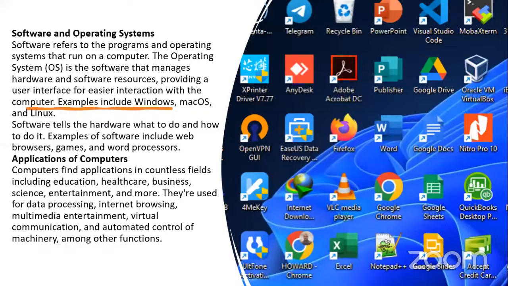There are two types, the operating system and the software application, right? Now, the operating system houses the software application. What does that mean? Like the Windows, the Mac OS, the Linux, right? These are operating systems. Now, without the operating system, you cannot install software applications, which are all these applications you're seeing. Are you seeing it?